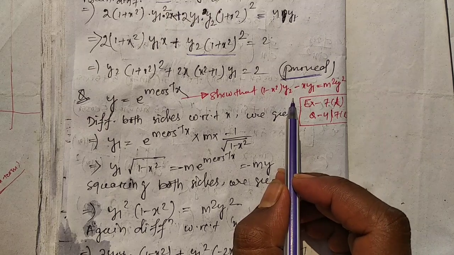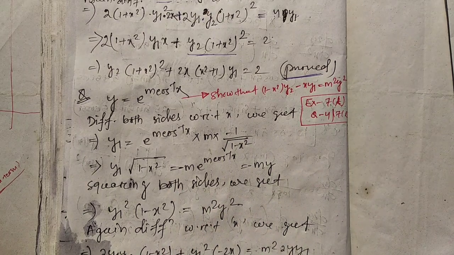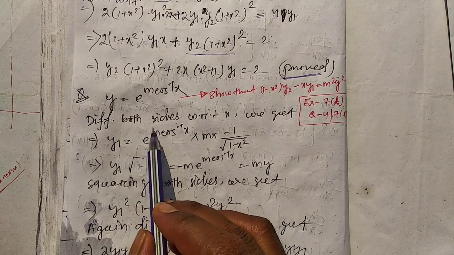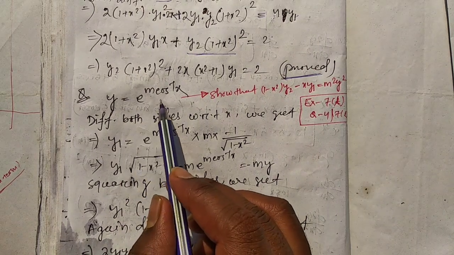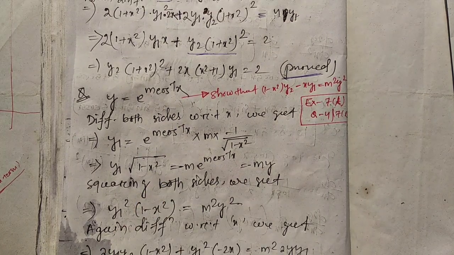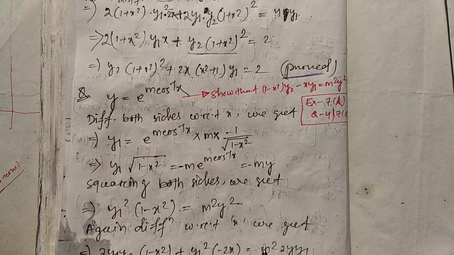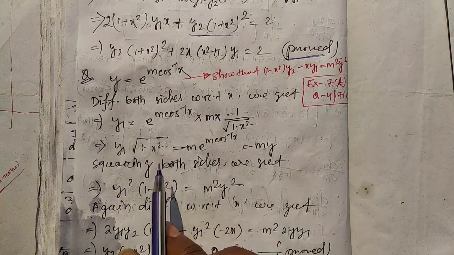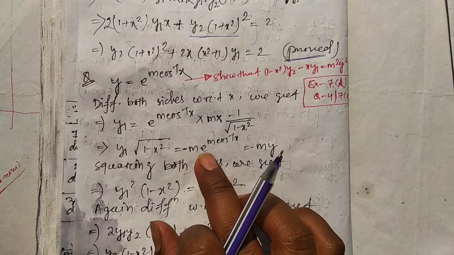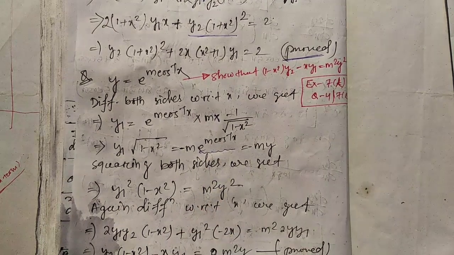So as the term y2 is there, we have to differentiate twice. Differentiate first with respect to x, we are getting y1 on the left side, and on the right apply chain rule, e to the m cos inverse x, again derivative of m cos inverse x, m will be constant taken outside, minus 1 upon square root of 1 minus x square. Then cross multiply this one to the left, and we are obtaining y1 into square root of 1 minus x square, on the right minus m into e to the power m cos inverse x, and the value of e to the power m cos inverse x is y.